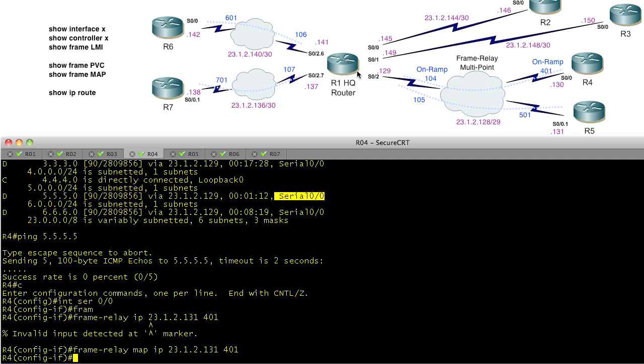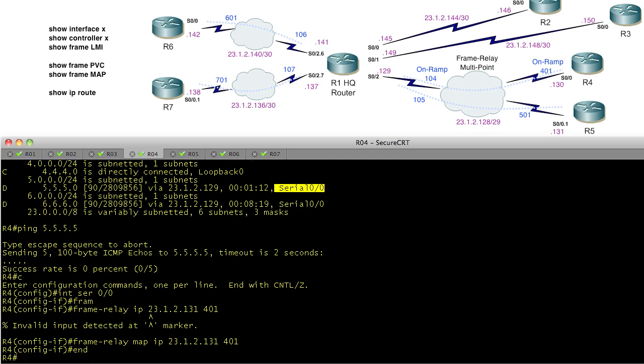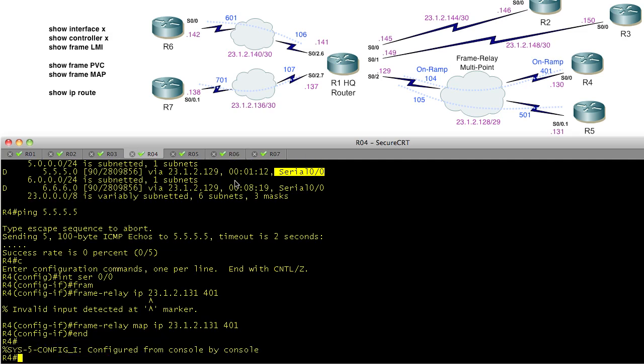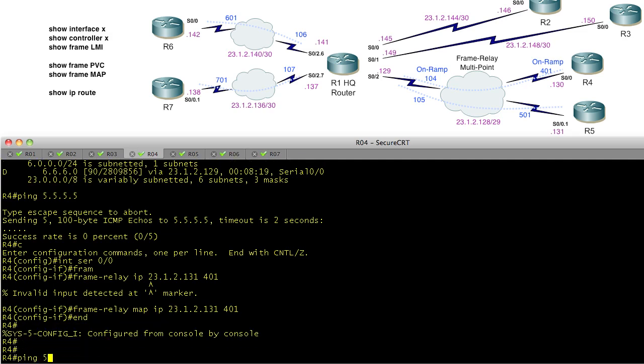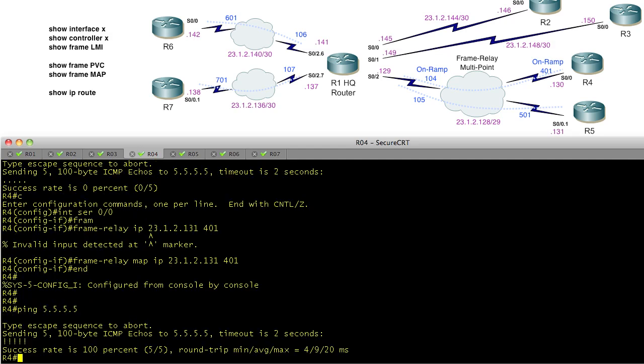It's going to show up at R1, who's going to look at it and route it back out the PVC here. So even though it's one logical layer 3 network, we are actually having R1 make a routing decision and forward it down the same interface, but a different DLCI, to get to R5. So now we're done. We should be able to ping. So now on R4, if we ping